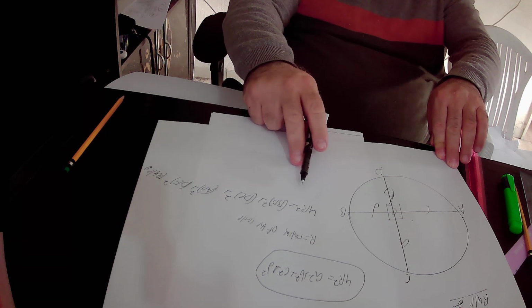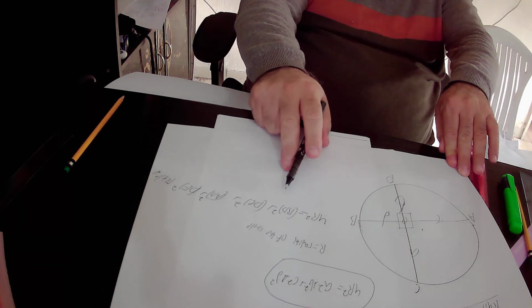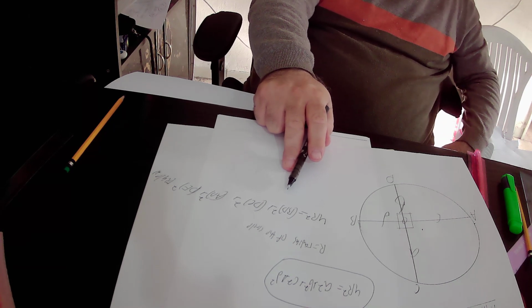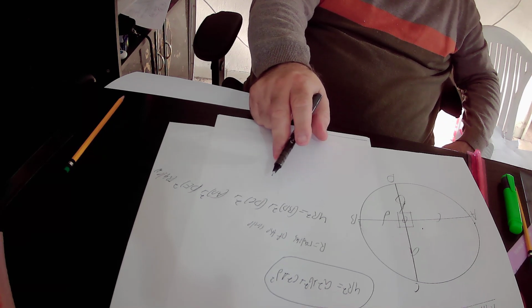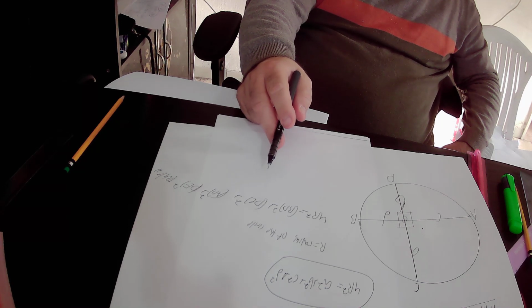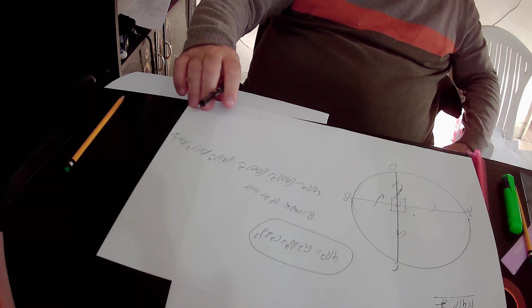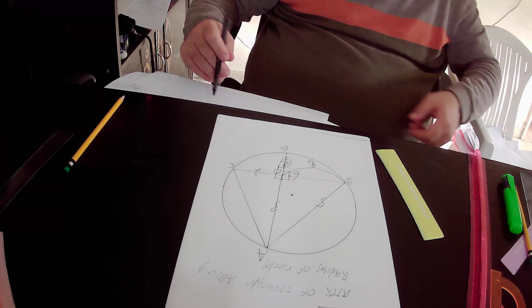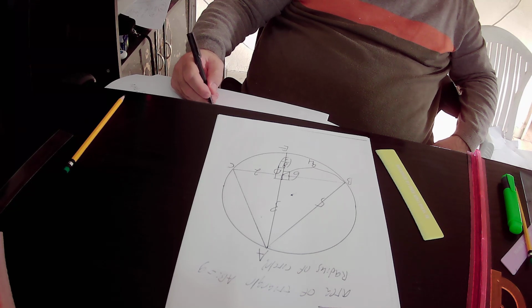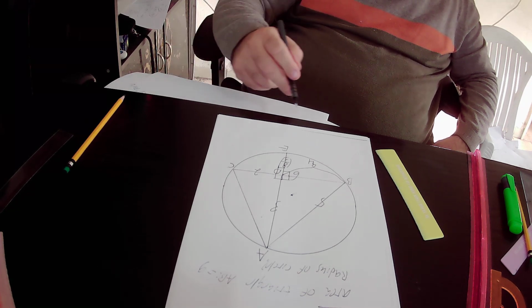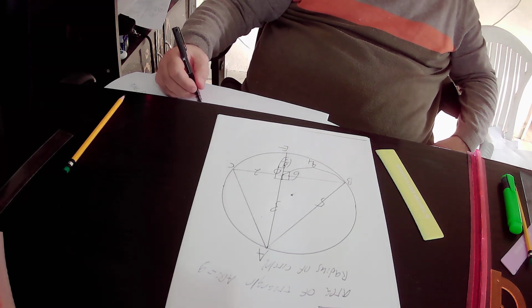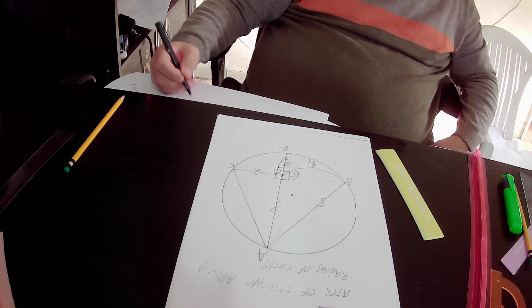This equation is the implementation of rule number 2 in our drawing: 4r squared equals BD squared plus DC squared plus AD squared plus DE squared. So here we get that 4 times r squared equals BD squared. BD equals 4, so BD squared is 4 squared, that is 16, plus